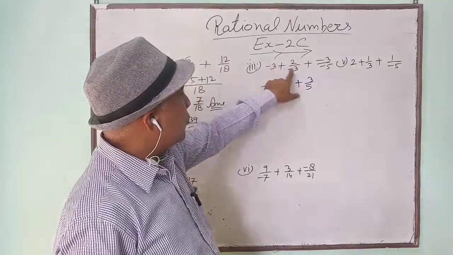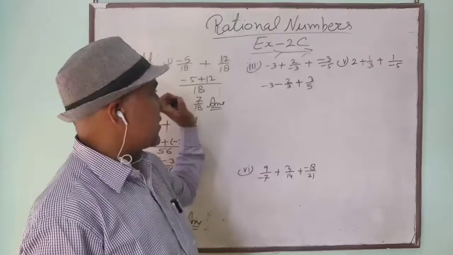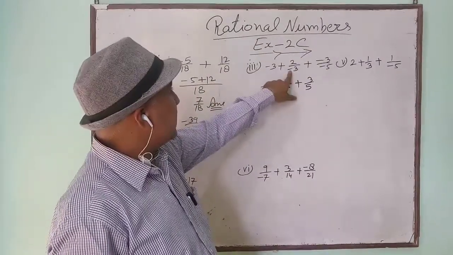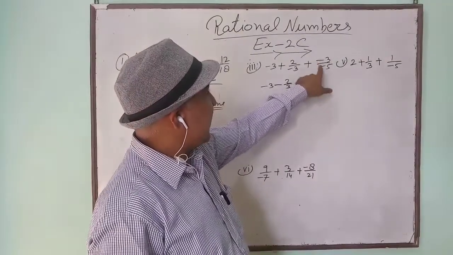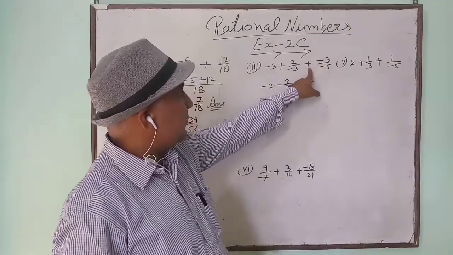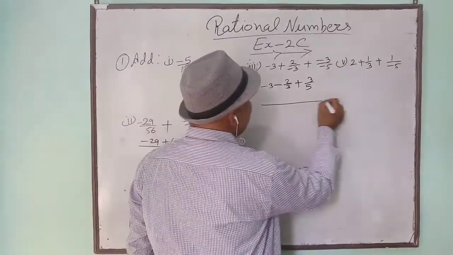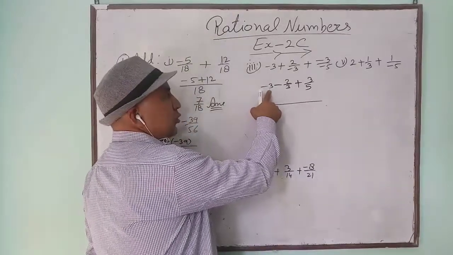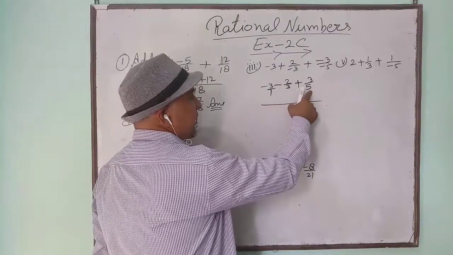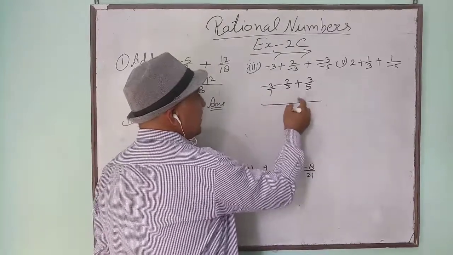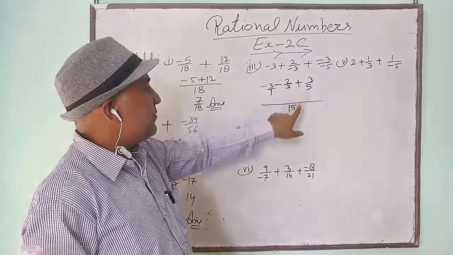Be careful about the sign, because most of the time this is the sign which makes the mistake. So be alert for it. Here minus is multiplied with plus becomes minus. Here minus and minus are dividing each other becoming plus. Plus is multiplied by plus. So here you are writing plus. After doing this, take the LCM of denominator. There is no denominator, means denominator is 1. Here is 3, here is 5. So LCM of 1, 3 and 5 will be 15.